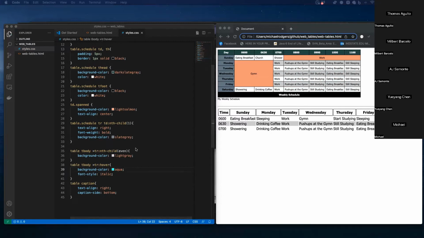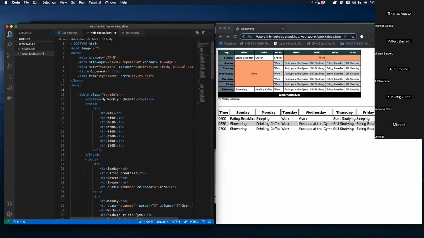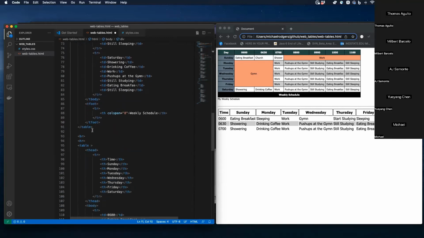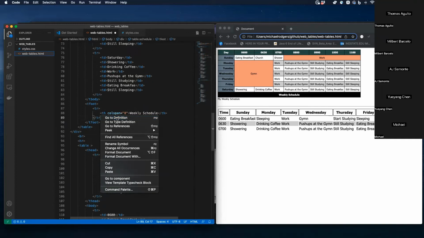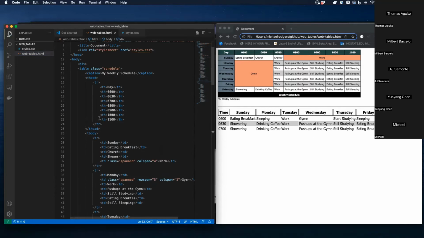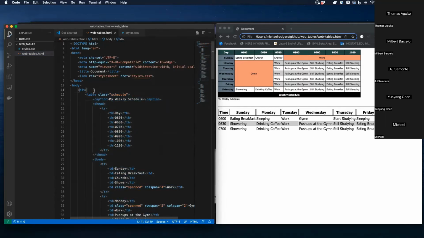Let's go ahead and do one other thing to our web table. I'm going to take my table here and I'm going to put this in a div. Wrap this top table in a div anyways, so we can see the differences here. And format the document. Well, it's interesting. It doesn't want to. There we go. So we have this in a div, and I'm going to specify a class up here, and